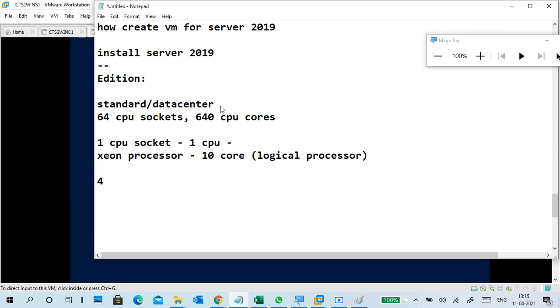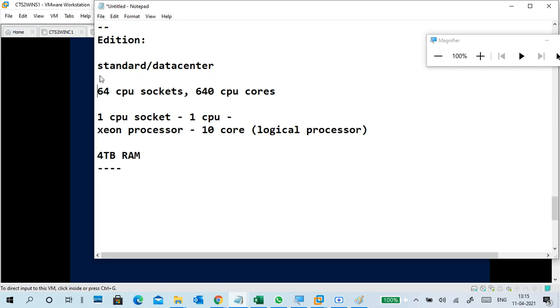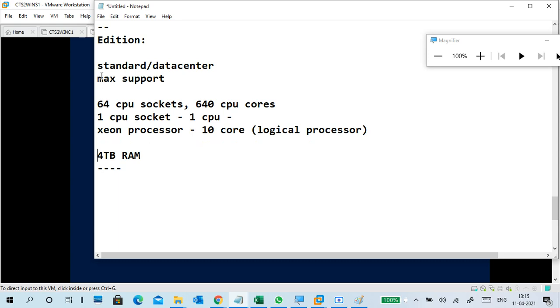It supports 4 terabytes of RAM capacity maximum, as I remember.